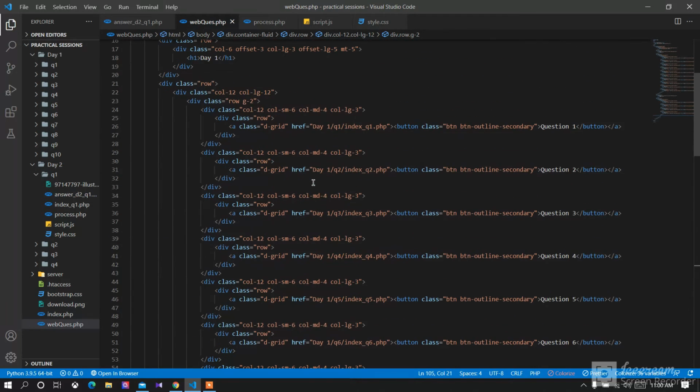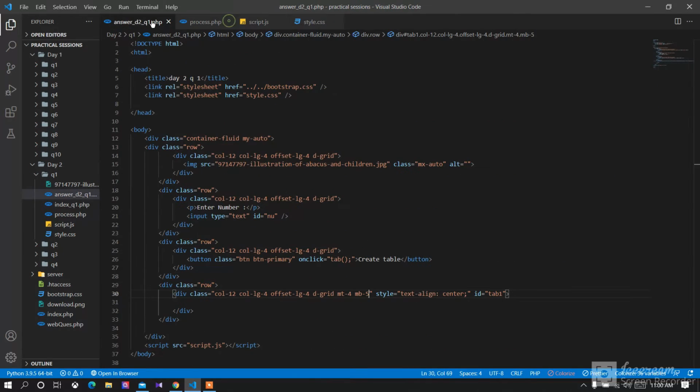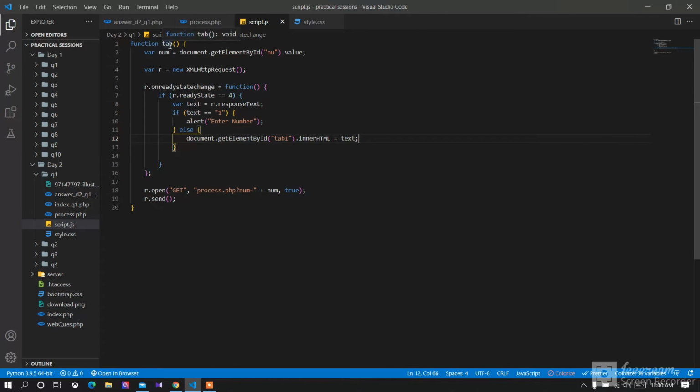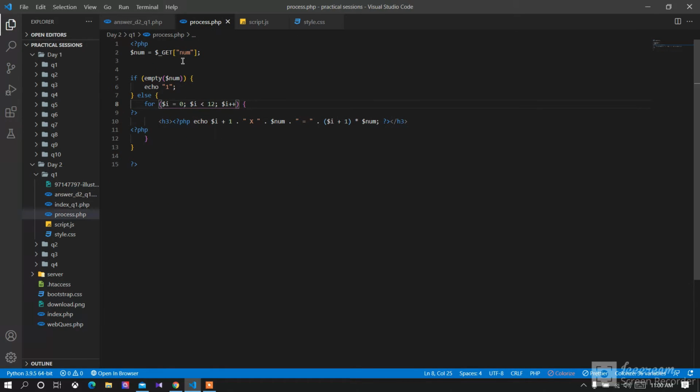And here code is, this is the code. In here I used Bootstrap to make it responsive. In here I used the input field to take the number, and when I click the button, it is calling the JavaScript function called tab. Tab function is taking the value of the input field, and it is passing into the process PHP, and it is going as a get request,